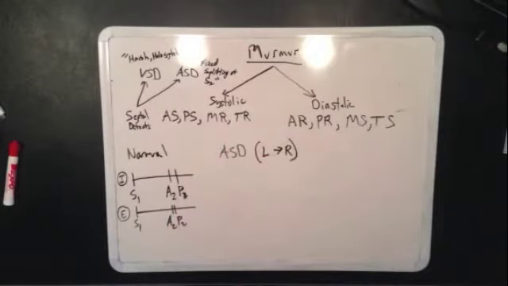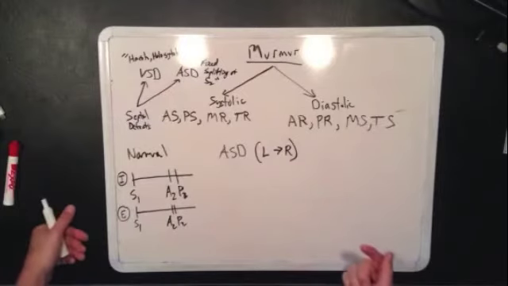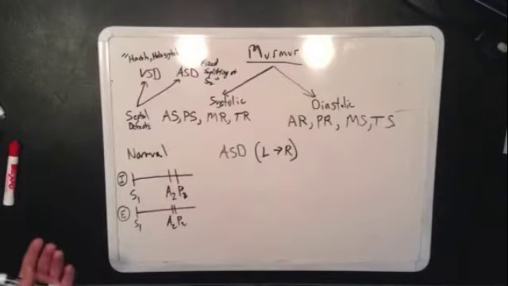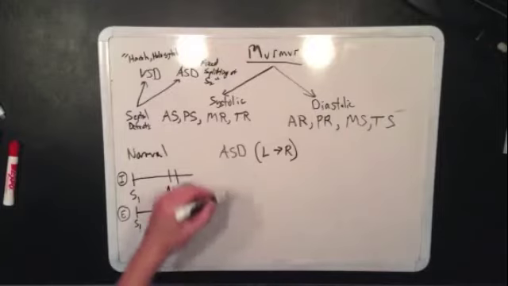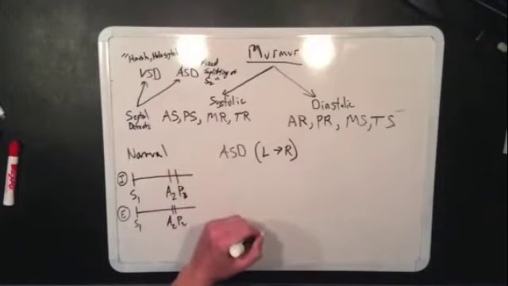Because during systole, some of that blood from the left atrium pushes back into the right atrium. The right atrium has a lower pressure than the left atrium during systole, and you've got that hole in between, so the pressure equalizes. Blood goes from left atrium to right atrium. So you have a normalization. So what happens is, if you've got that,